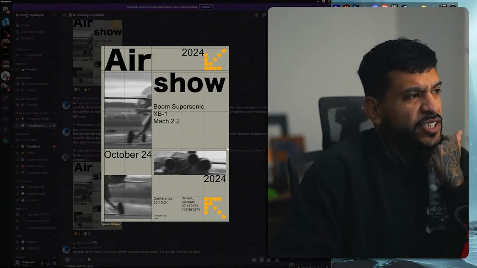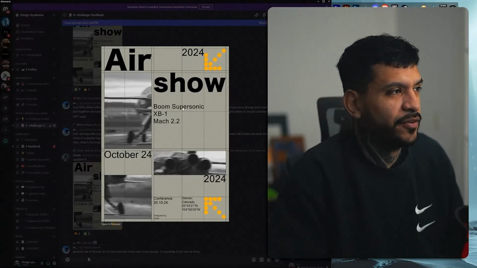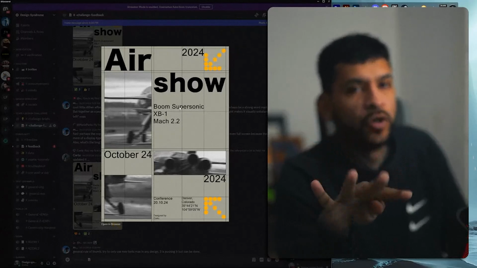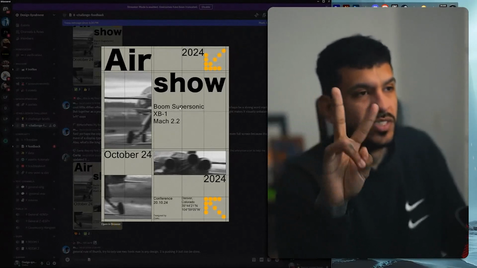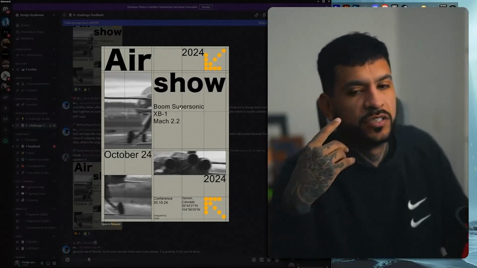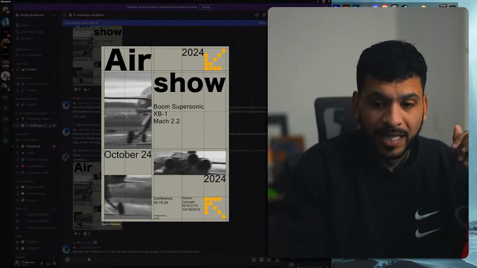About picking the grids, usually for an A4 poster or something like that, I would go for a 4 by 8, right? Try to make it modular. If you go 4, go 8. If you go 2, go 4. If you go 6, go 12, right? And you can start to play. And also you can look at the Fibonacci sequence and stuff like that to build